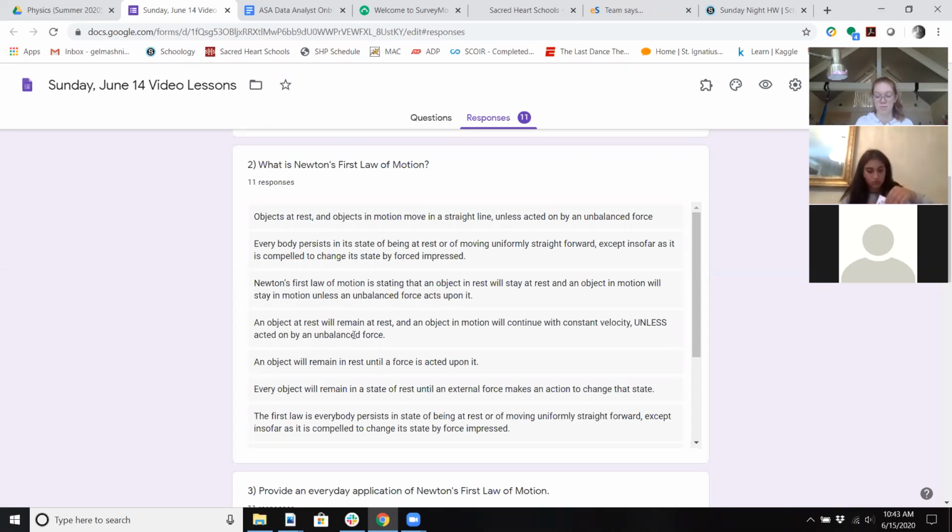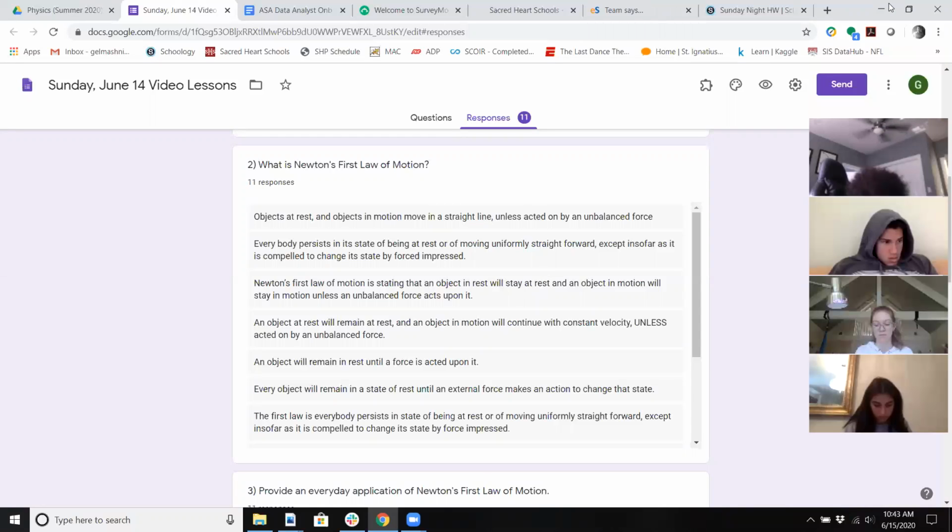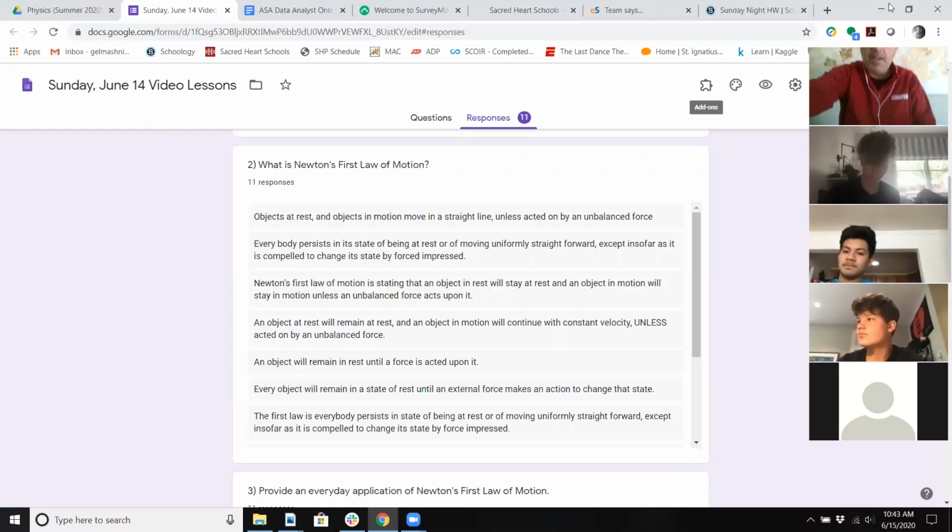Well, actually, sorry, I was going to quote the third motion. This is a good one here. Newton's first law of motion states that an object at rest will stay at rest. So for example, you can see here all the stuff on my desk. You see my calculator, my stylus, my planner. They're not moving right now, so they stay there. There's nothing acting on them. But if I do decide to push them,